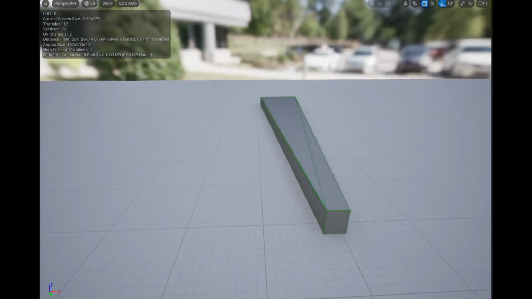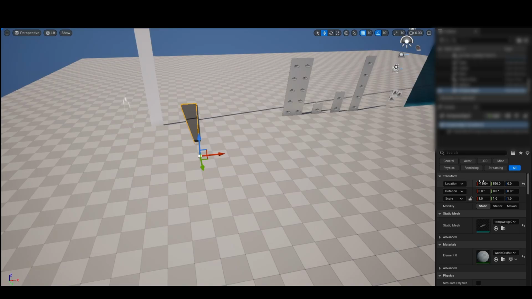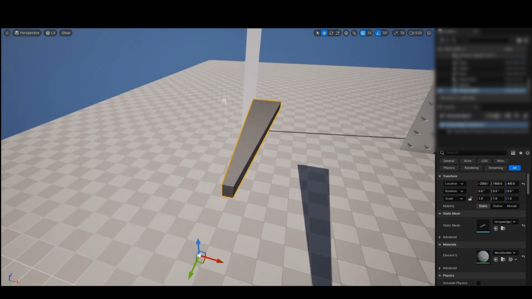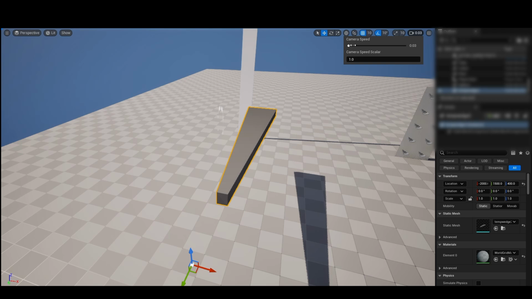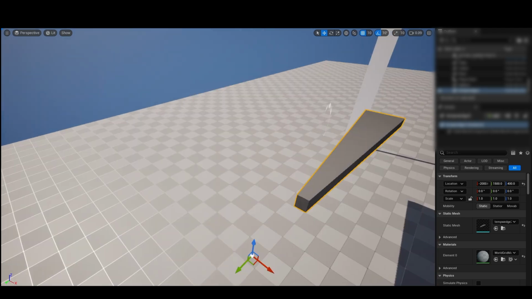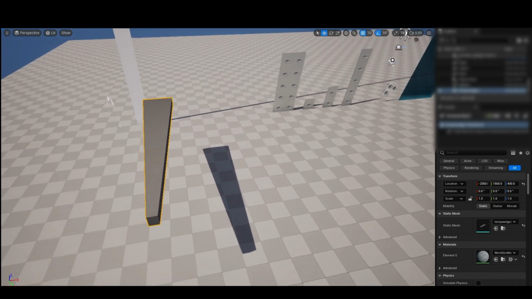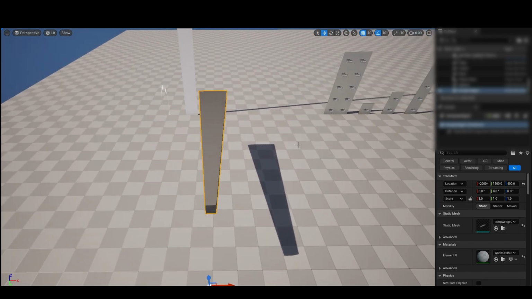All right, final step is to turn this into our targeting fan. I want to put this somewhere I know. I'm just kind of putting it in a location that's easy for me to get around. Up our camera speed a little bit. Okay. Boom. All right. Now, what we want to do here, I personally want this to be about 54 degrees